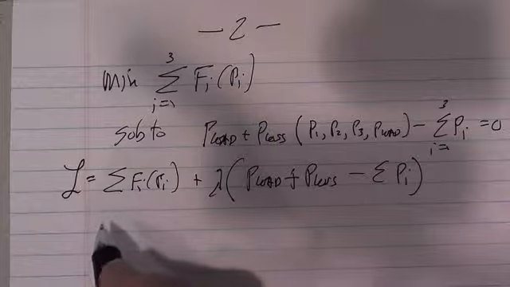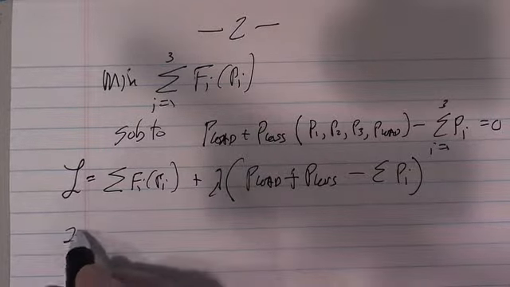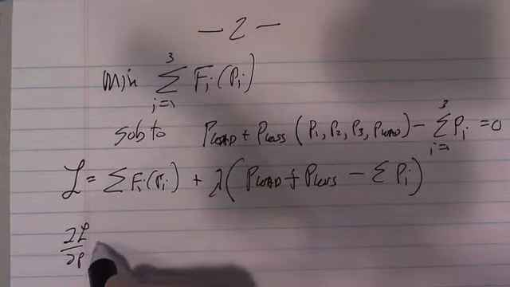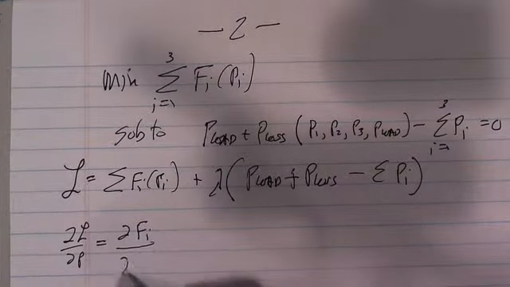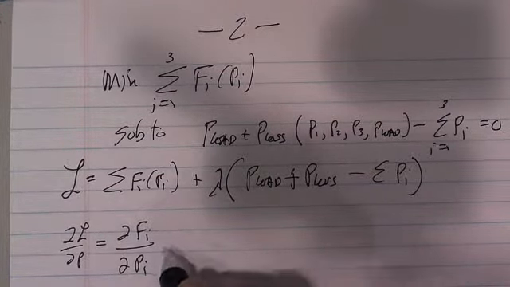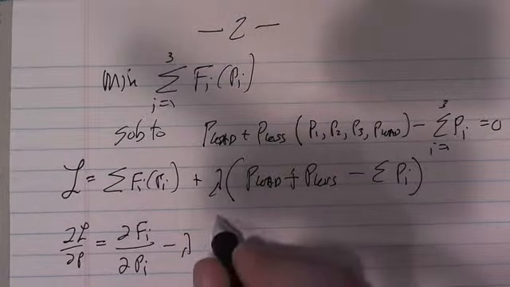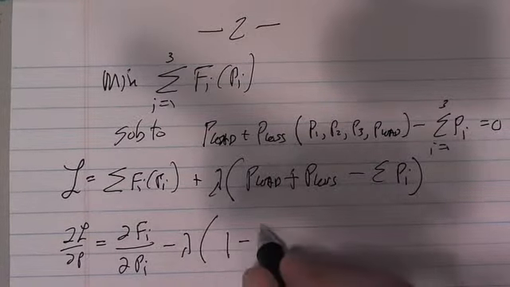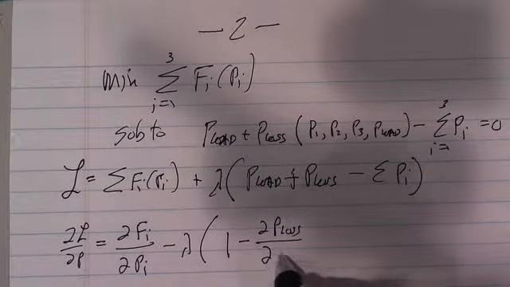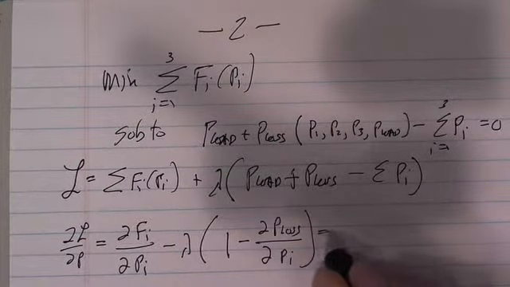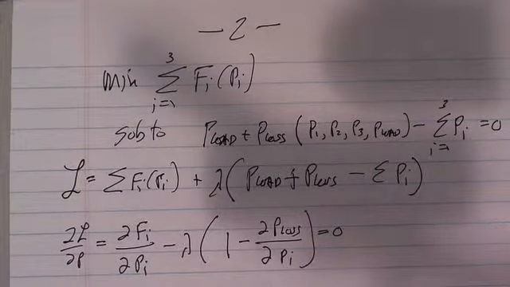And when you do this, dL/dPi equals dFi/dPi minus lambda times (1 minus dP loss/dPi) equals 0. So this term that we've introduced,